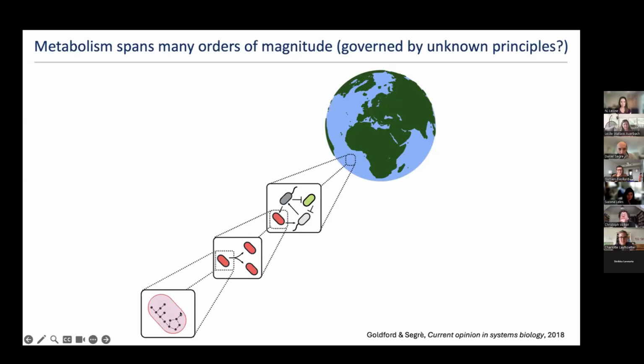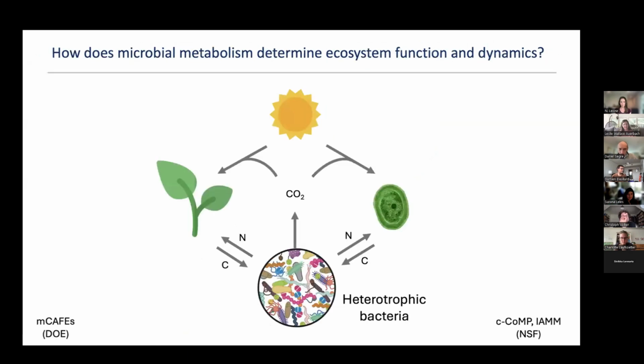So I think models don't necessarily need to just go up from smaller scale to larger scale. And flux balance model, as I'll mention, is one example where knowing something about what a cell does will also inform how reactions operate. And in the lab, we've been recently particularly interested in exchange of nitrogen and carbon between heterotrophic bacteria and communities of microbial heterotrophs, both in association with plants and with phytoplankton in the oceans.